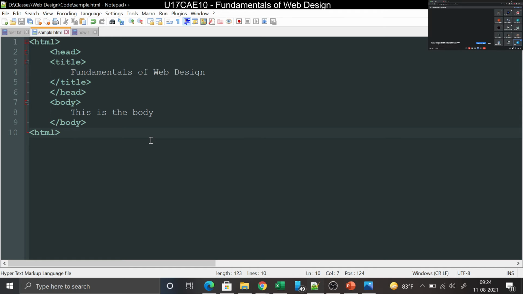As the name suggests, break. The first two letters of break are given here. If I want to break a particular line and come to the next line, I use BR. BR is just a line feed. If I give a BR over here, it will create a gap over here. It's just called a line break.